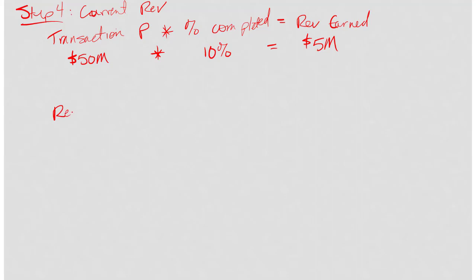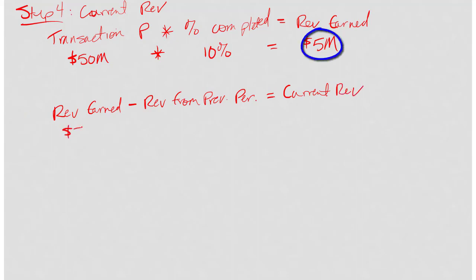I next take my revenue earned minus revenue from previous periods. And that gives me my current revenue. So revenue earned, that's this number. I'll just bring it down. This is the first year of the project, so I've recognized nothing so far. So this year, I can recognize the $5 million. And that means I can do a journal entry. Yes, the best part. And that brings us to step 5,